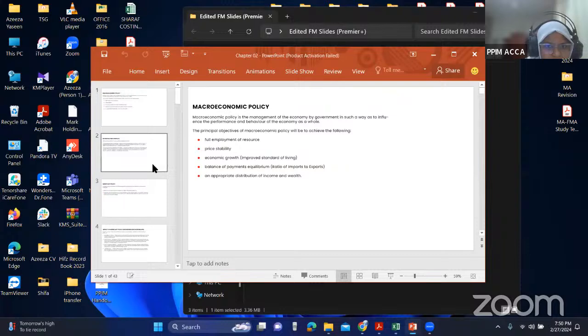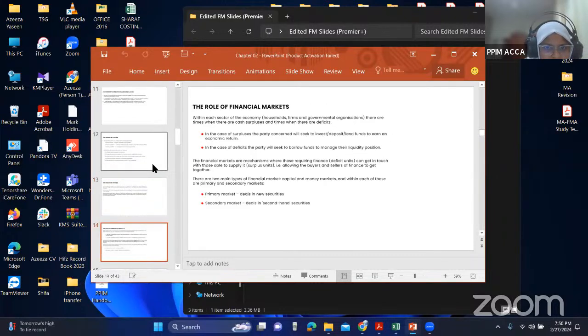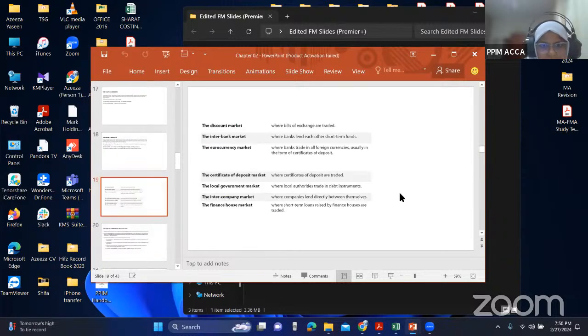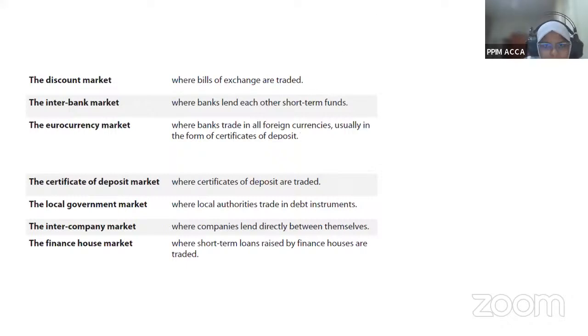So I'll just show you the money market. These are the different types of instruments that you can have in the money market. Okay. One is called the discount market. I mean, these are the different markets within the money market. Discount market means whatever bill. A bill is basically like a share in the stock exchange. When it comes to debt, we call it a bill. If it's traded at a lower price than the quoted price, the nominal value, then you will be in the discount market.